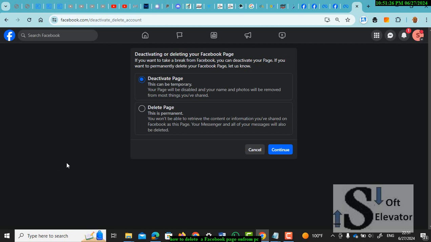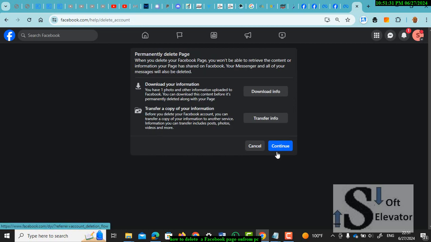and then from access and control select delete page and then continue, and then here download information, no, continue, permanently delete page. Okay,